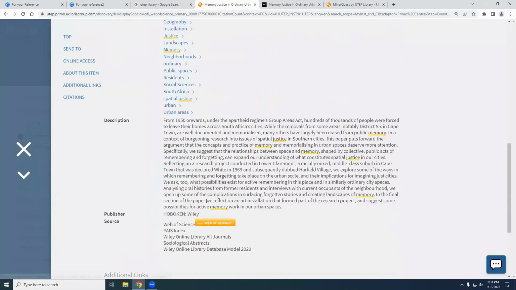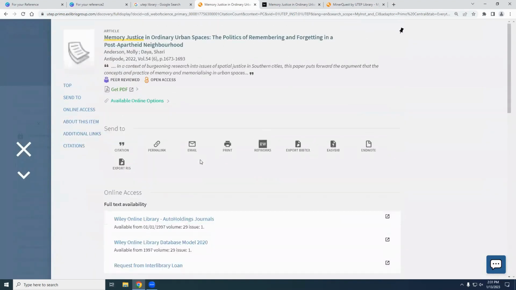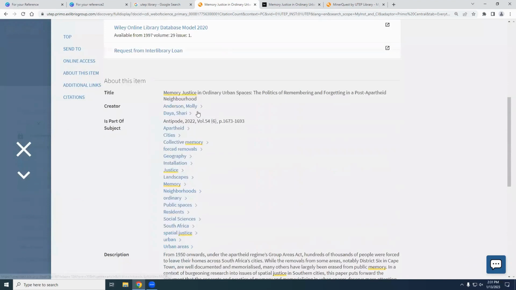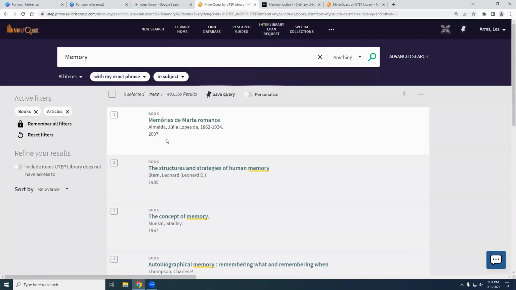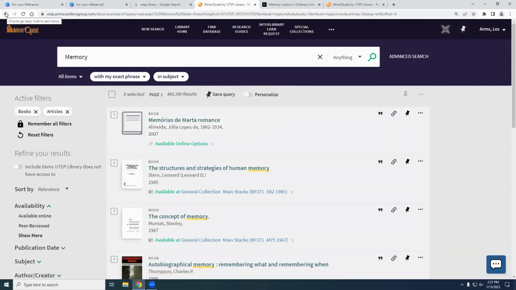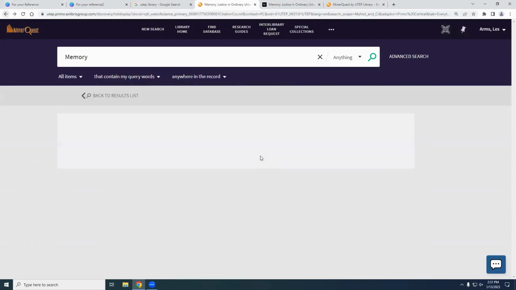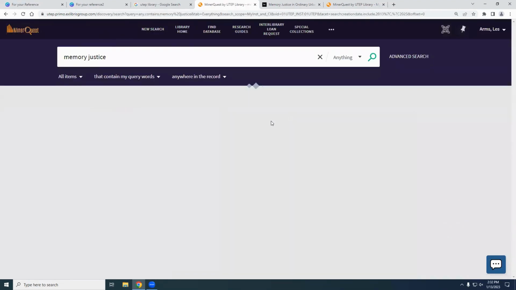All right, and so down here, I do want to point out there's some fancy things down here. So these are all different subject headers. And so like, let's just say you're not really finding a whole lot in this search, but at least this one seemed relevant. Down here, we have these subject headers, and you can click on them and it'll search for things that fall under that subject header. So this can kind of help you when you're just starting out, you're trying to get a better idea of the general topic that you're looking up. So yeah, that's a little bit about a record there.